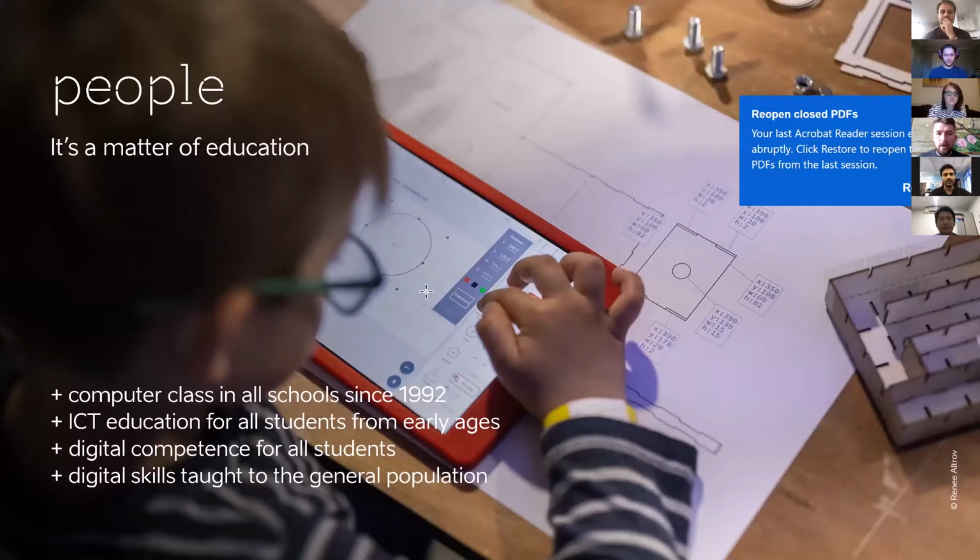So our e-health system started in 2008, which is when we launched the national EHR, but actually our preparations for having an e-health system started in 1992. Which all started with giving people the digital skills necessary to actually benefit from the digital transformation happening all over the world. So we made sure that there would be a computer class in every school once we achieved our independence, and ICT education is very much a part of school curricula these days. So there's a digital competence framework that you have to meet by the time you graduate high school.